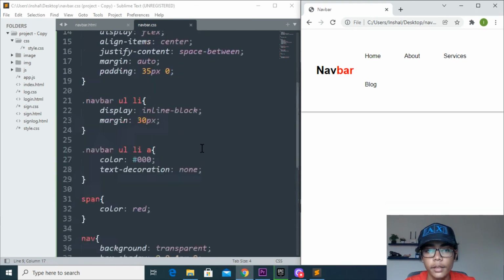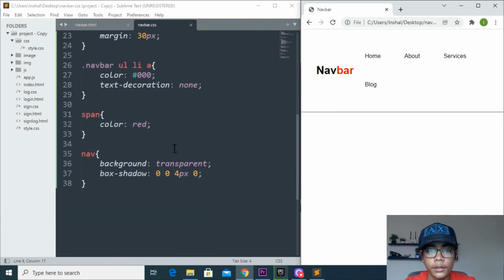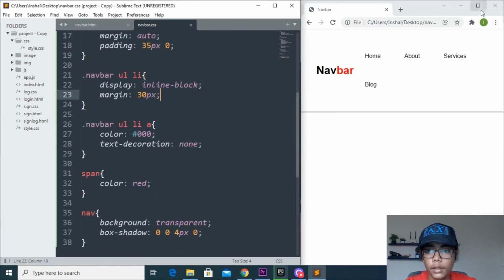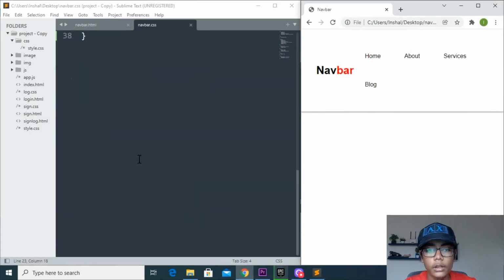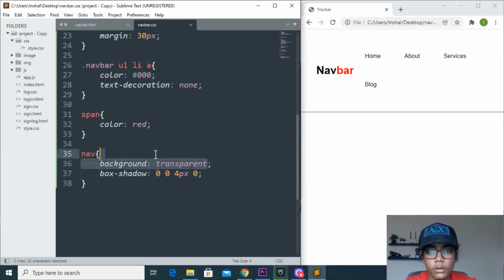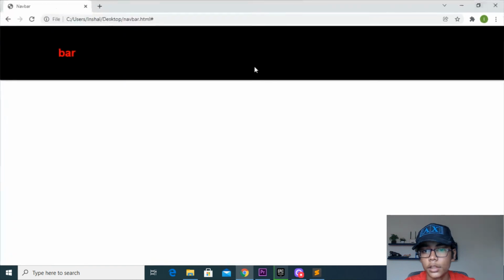So when you're done with that, here I will be moving on, and then I will be doing one thing. You can see that we have just done that, and we are getting a good background box shadow at the back side. So when we get that, here you can do one thing. You can change that to black. So if I do that, simply come here, save and refresh. So you can see it is black, but it is not looking good enough here.